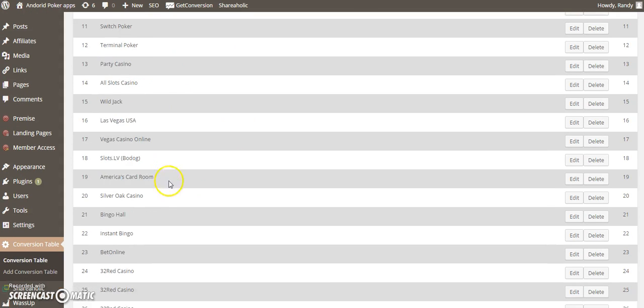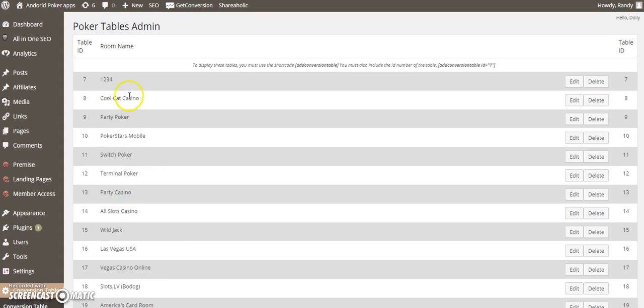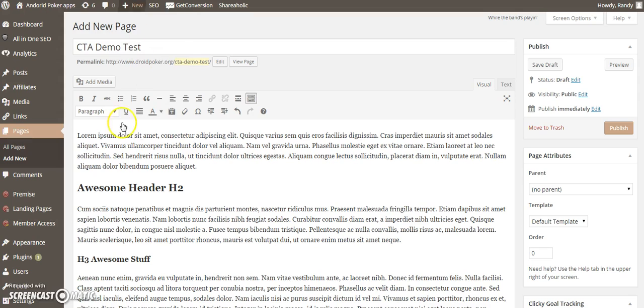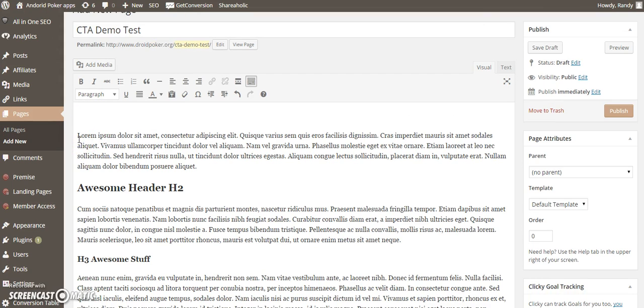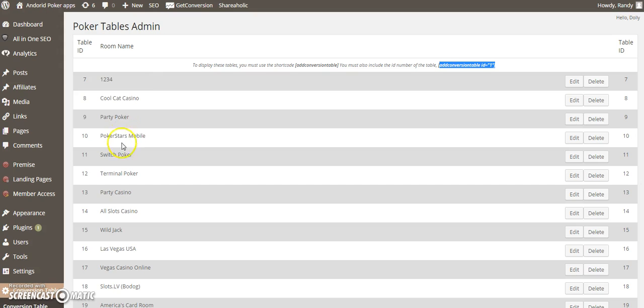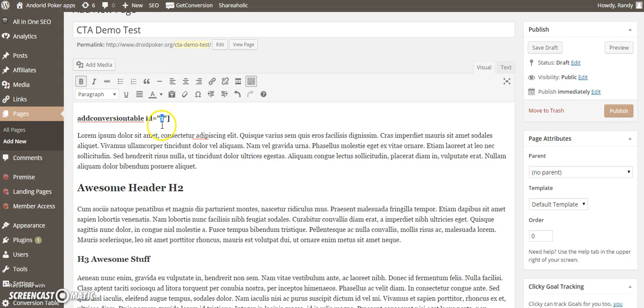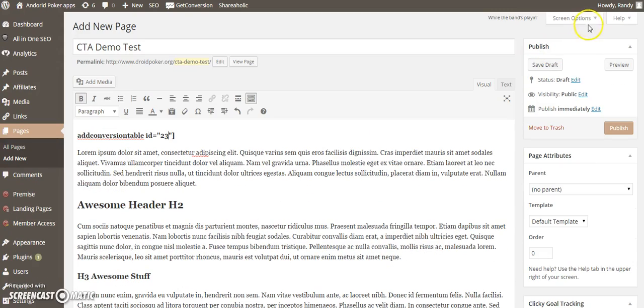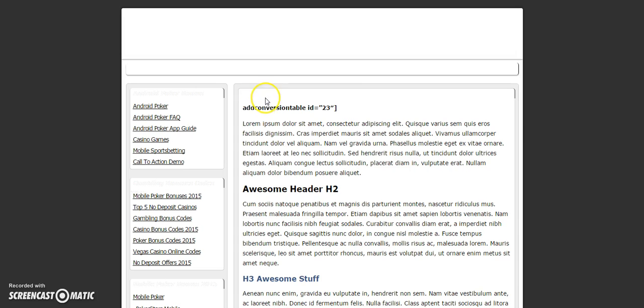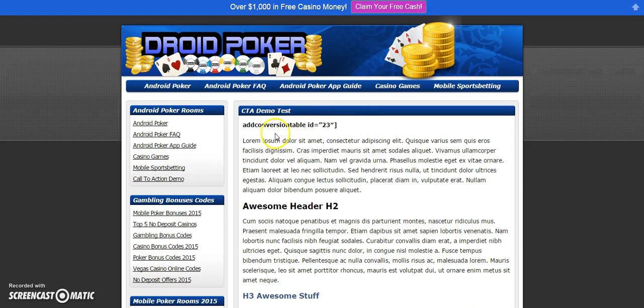You can see a bunch of tables I have set up, and from there basically you just want to grab the little short code here, and then you'll put it in a page like this. Say we want to put this up here, and this number right here is the important part. That's where it'll call the specific call to action box. So say we want to put bet online in there, so that's number 23. So we just make it 23, and we can preview that and see that the box we set up will show up. Well, shit, of course it didn't,